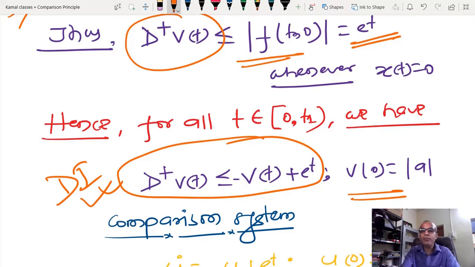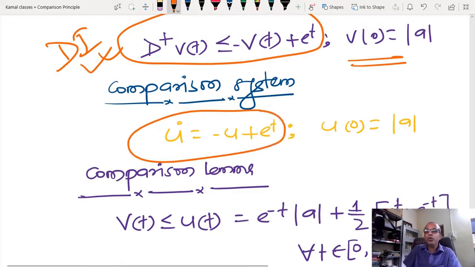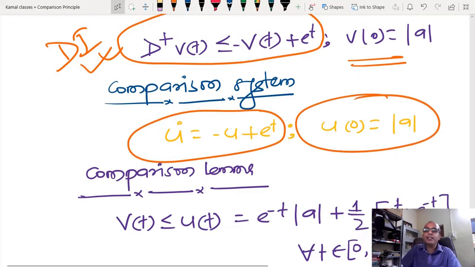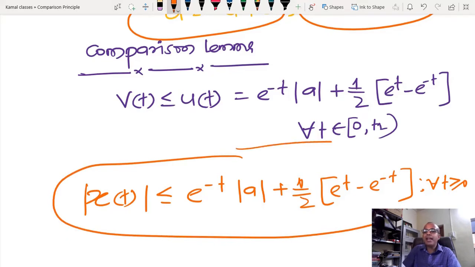Now we have already seen this is an LTV equation, so I have to just solve this LTV equation. I am going to take the same initial condition, and after that, using the comparison lemma, I can solve this equation, and the solution is like this. You can see that as t tends towards infinity, the solution tends towards infinity, but I have a unique solution.